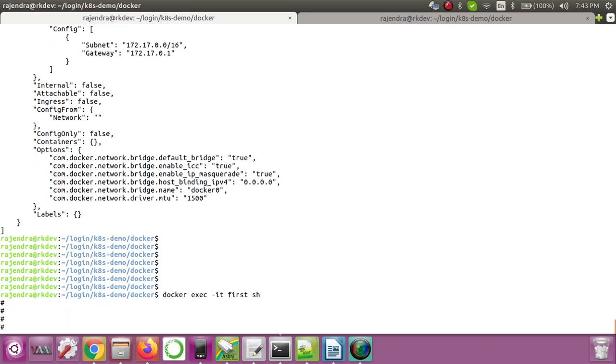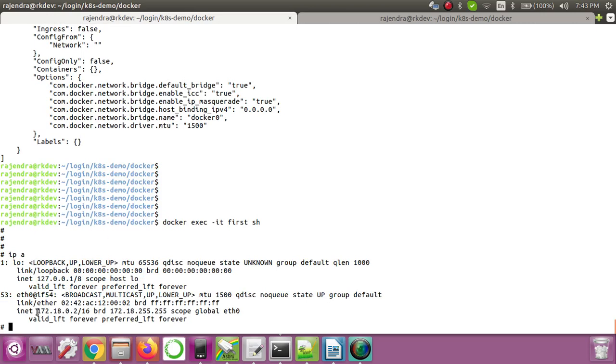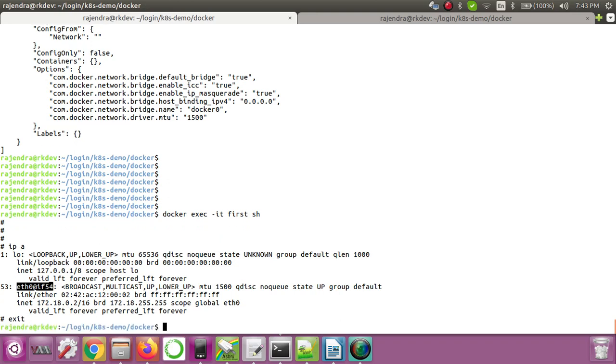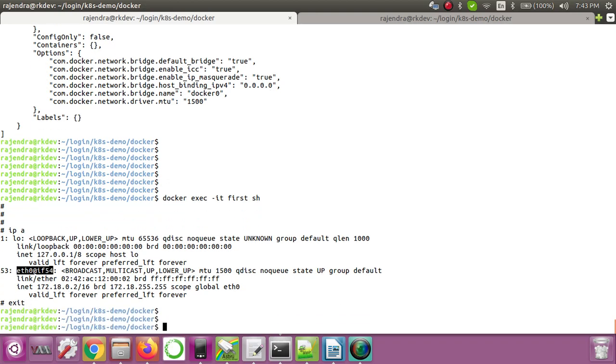Now we are inside the container. If I do ip a, you can see that there is only one interface, that is eth0, and the IP assigned is 172.18.0.2, which is from my bridge network. Now if I do exit.